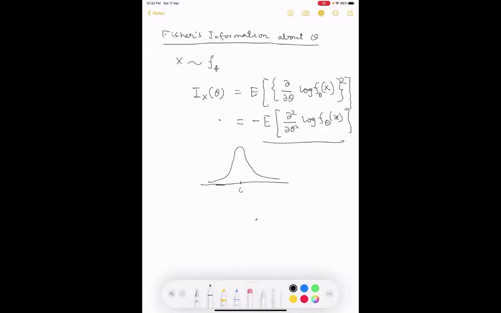Suppose this is the theta, and if your log f(theta, x) is behaving like this, then it has a certain degree of curvature information here. The curvature is very sharp here, whereas